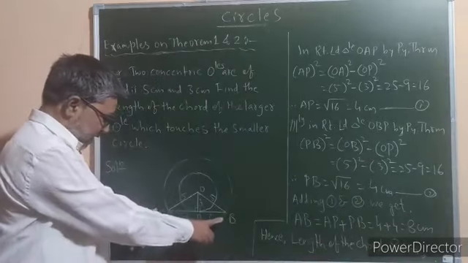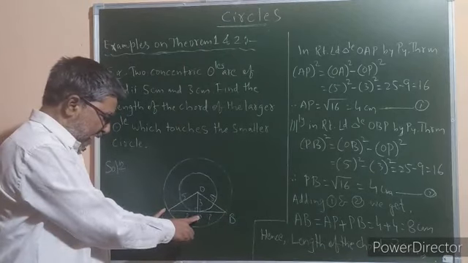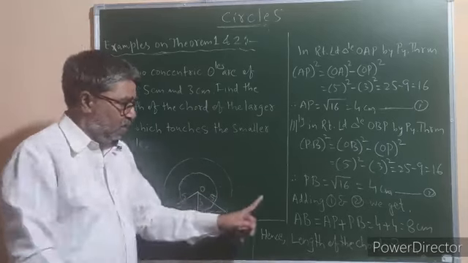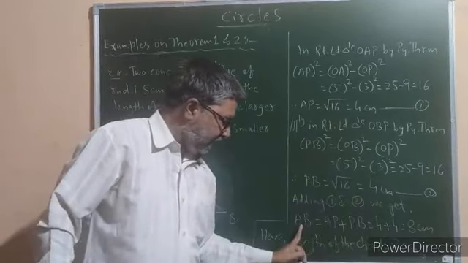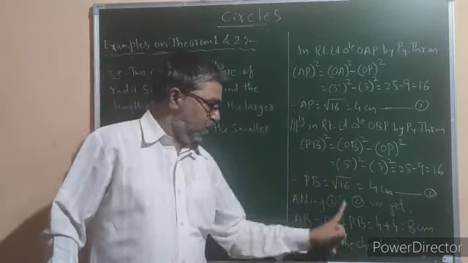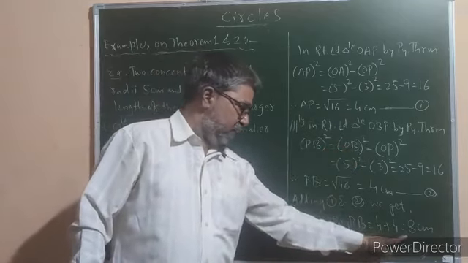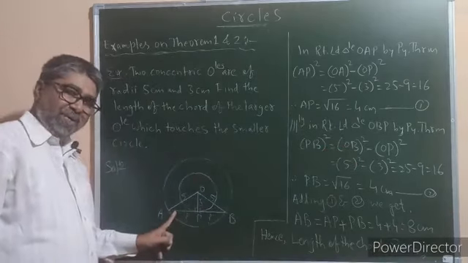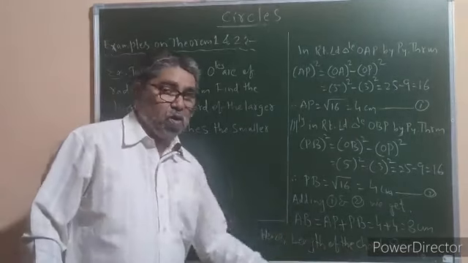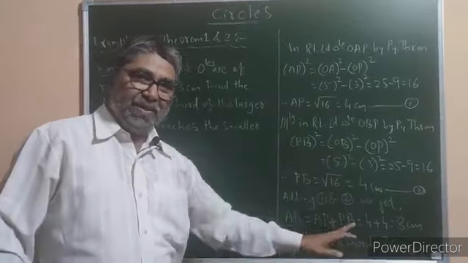Now, to find the length of AB, we have to add the length of AP to the length of PB. So, adding 1 and 2, we get AB is equal to AP plus PB. Value of AP is 4 and the value of PB is again 4. So 4 plus 4 is equal to 8, and AB in the figure is nothing but the chord. Hence the length of the chord in this particular example is 8 centimeter.